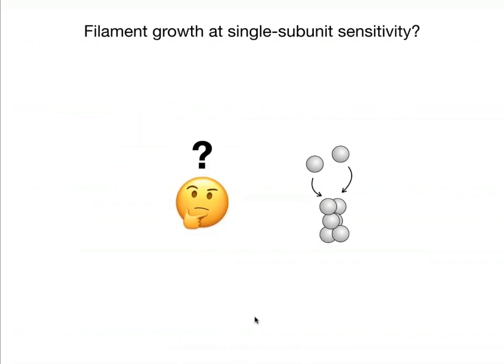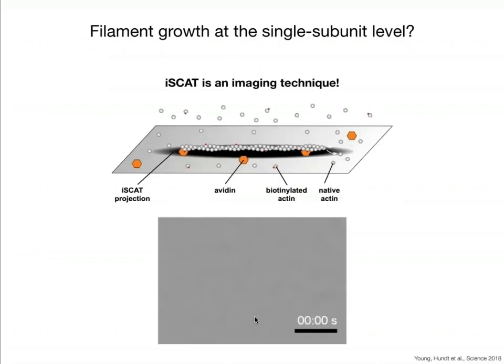Earlier, I've also mentioned that it would be interesting from a mechanistic point of view to investigate what species actually attach to a growing actin filament during its elongation. And during my postdoc, I was interested in whether this is actually feasible with iSCAT microscopy too. And for this, I applied an assay where I attach partially biotinylated actin filaments to an avidin-coated glass surface, and the surrounding solution contained actin subunits above the critical concentration for filament growth,